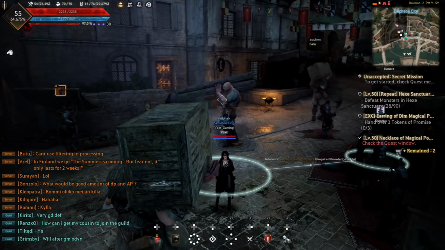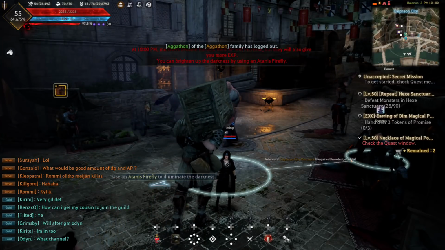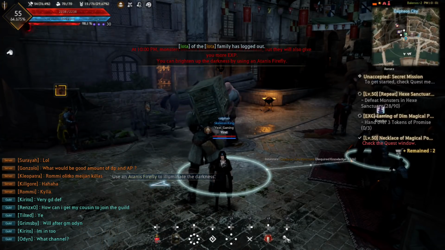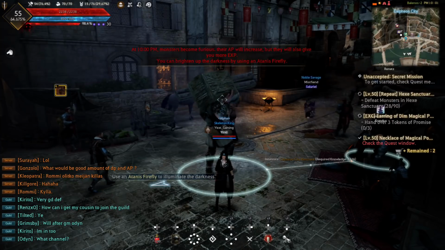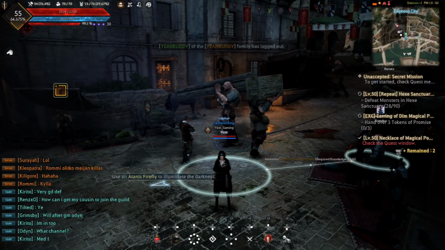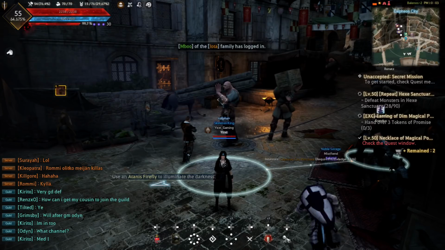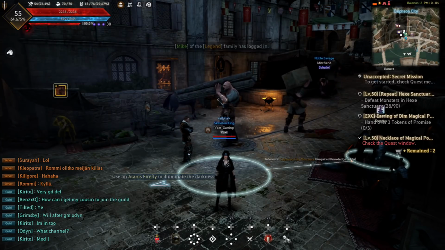So the 2 set gives all AP +5, so flat +5 AP. The 3 set gives 150 HP, and the 4 set gives another 2 AP, allowing you to get 7 AP from your gear. Now the difference between this and the other armor pieces again is that the Heave set and the Grunil set